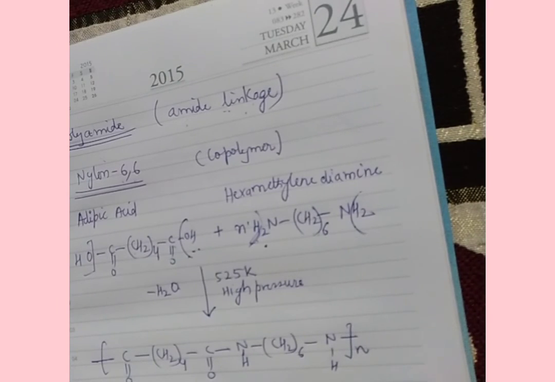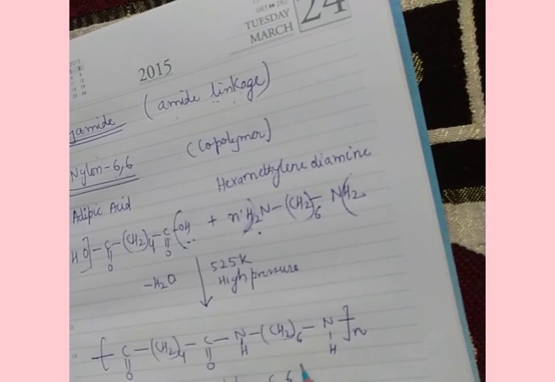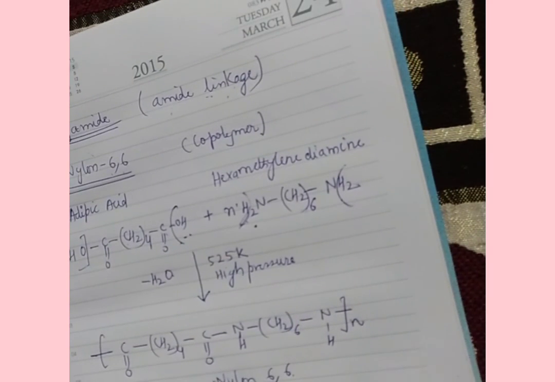Now this nylon 6,6 is named because of the number of carbon atoms present in it. 6 is the carbon atom count. These are basically fibers, so they have much stronger strength. It has thread-like structures. Fine. So this is another category which we have done under the condensation polymerization.